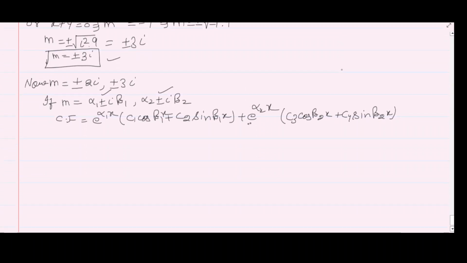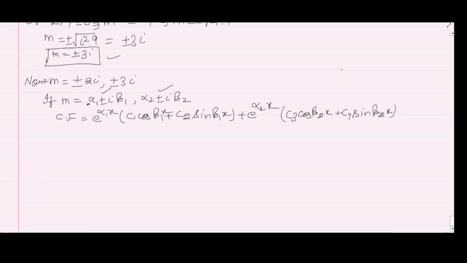right? Now here, by these values of m, you can see that the value alpha 1 is equal to 0 and the value alpha 2 is equal to 0, because here it can be written as 0 plus minus 2i, and this can be written as 0 plus minus 3i, right? Now the value of beta 1 here is 2 and the value of beta 2 here is 3. Now put all the values of beta 1, beta 2 and alpha 1, alpha 2 in this particular